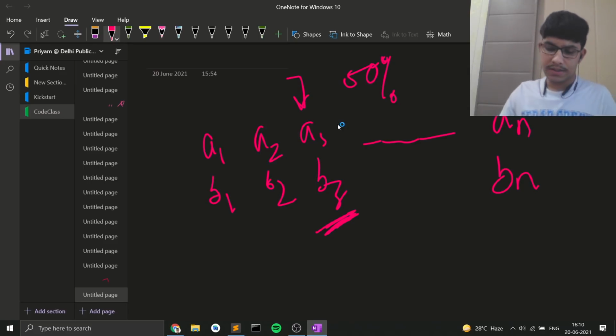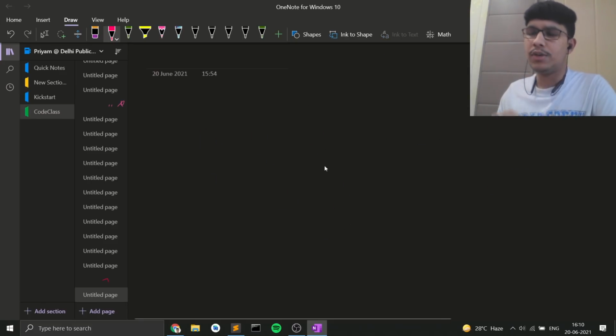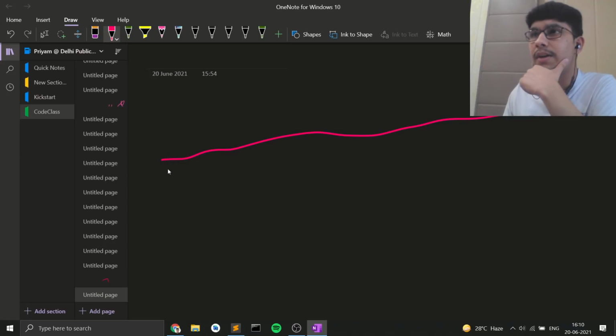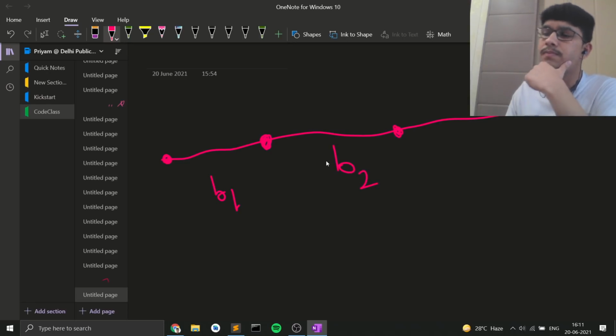So if I consider each of these items independently, I have like 10 to the power 14 such elements, and each of them has a value of bi, right? So now I can sort them by bi. Let's say I have a1 still here, and then I have a b1 value, and then I have a2 still here, and then I have a b2 value. So the thing is,